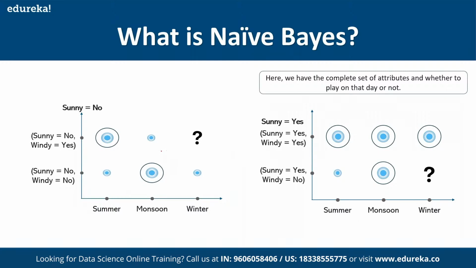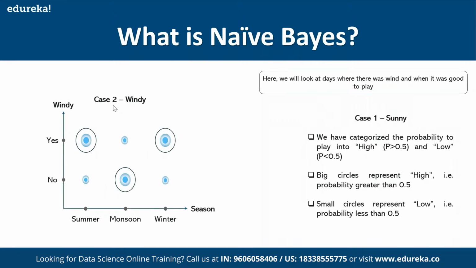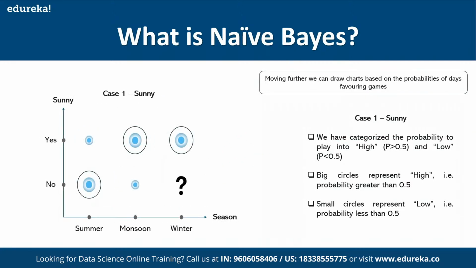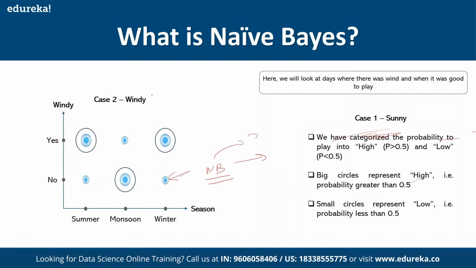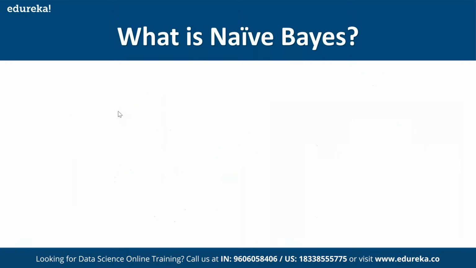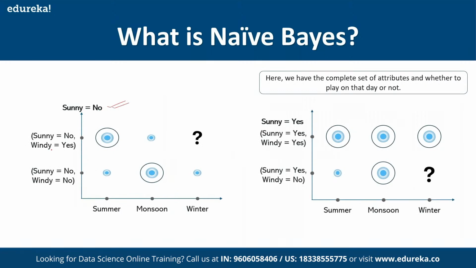Similarly, if I ask you the same questions, today it is sunny, no. What is the condition today? See, so many probabilities are there. This was for condition 1 of sunny. This is for condition 2, that today it is windy. Instead of sunny, it is windy. Then it is not sunny and it is windy. And it is not sunny and not windy. What I'm trying to tell you is there are so many attributes or so many different conditions we can put. So we need to understand, based on these conditions, how